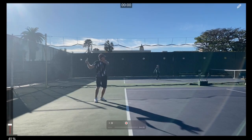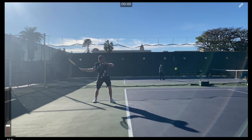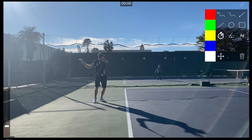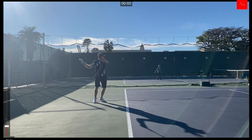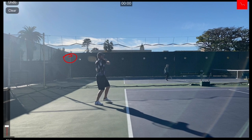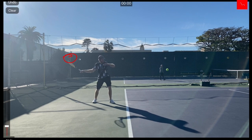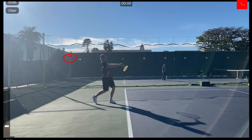To recap what you want to work on, try to have a more continuous motion here. So I'm letting this run one more time. So you see that right here, there was that little wait, that little pause. So again, one continuous motion because you want to get under the ball more. And of course, you can always use your legs a lot more, which also leads me to the next one,